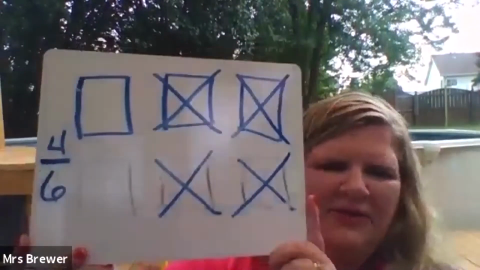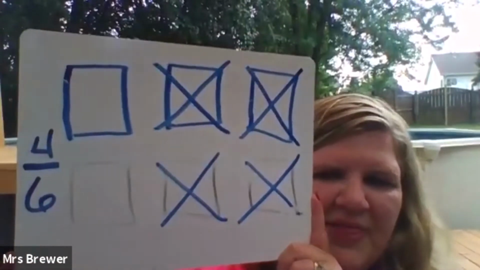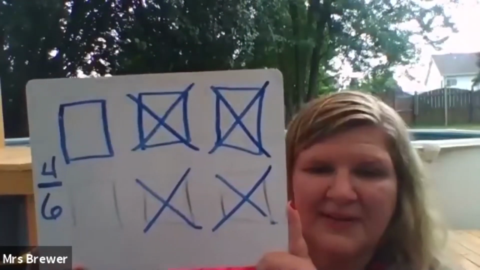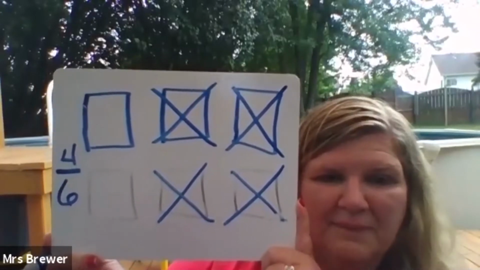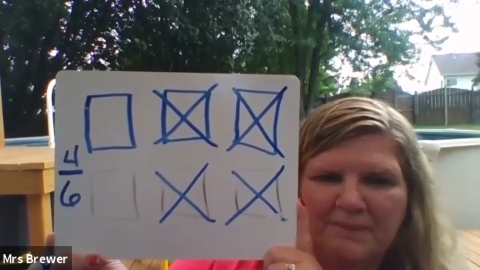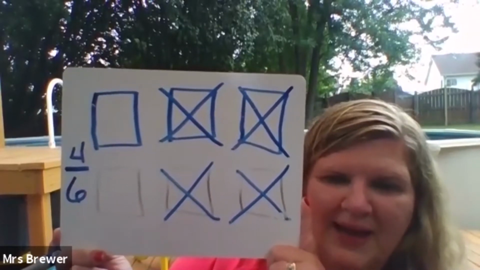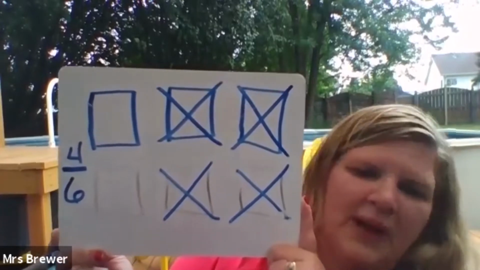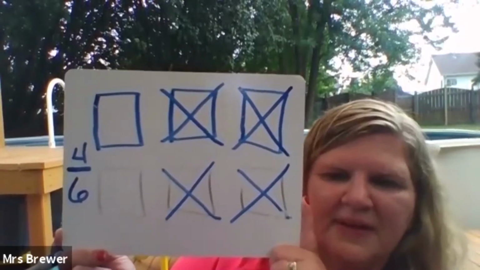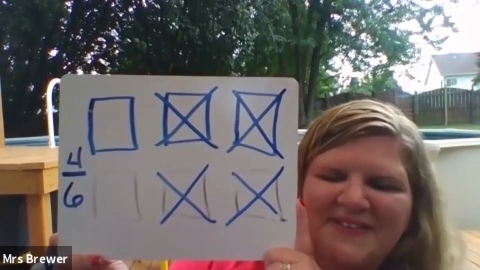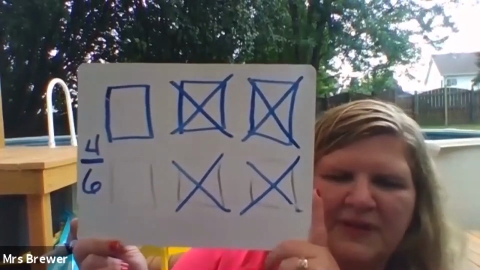Okay. So could I just tell my husband that 4/6 of our air mattresses went flat? Would he know how many I'm talking about? You're right. He would know 4 of them went flat out of how many? Right. 4 out of the 6 deflated, or 4/6. Good, boys and girls. So now, using the same set, what if he asked me what fraction of our air mattresses